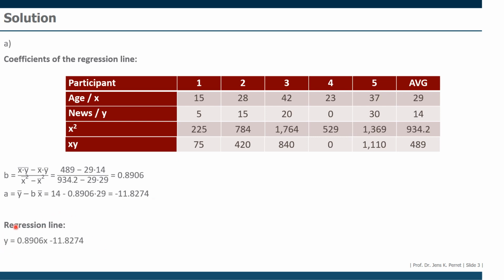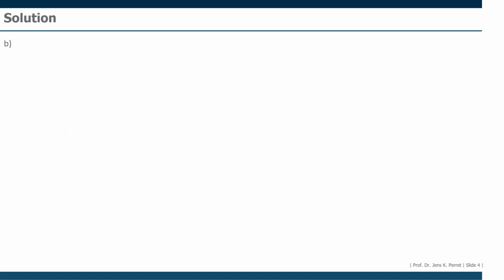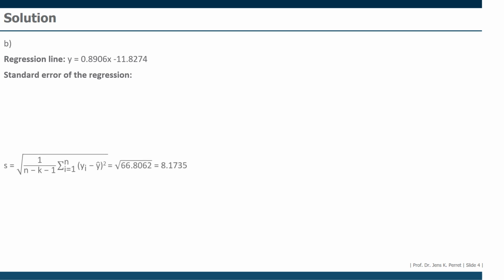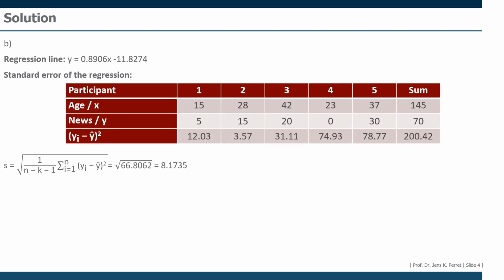That's actually an important first step because I need this regression line, not only the coefficients, but in general the information, to actually conduct a test on the coefficients. That's then the second part. I'm going to copy the regression line first, and I need in the first step the standard error of my regression. I can use this formula here, and I get this formula by taking my table and adding one additional